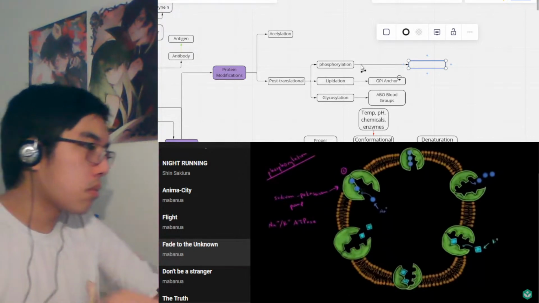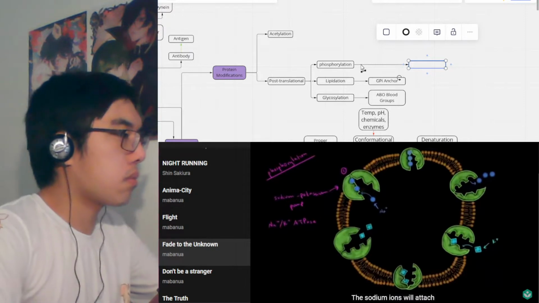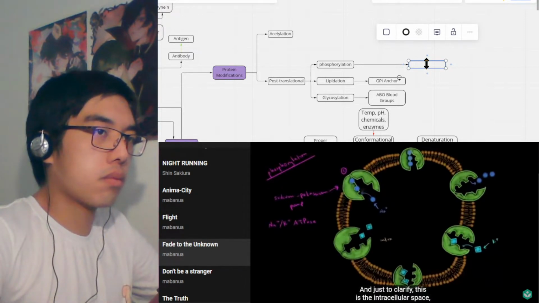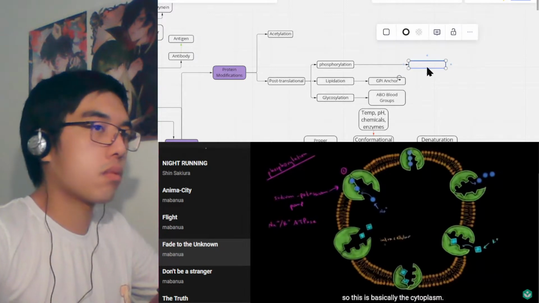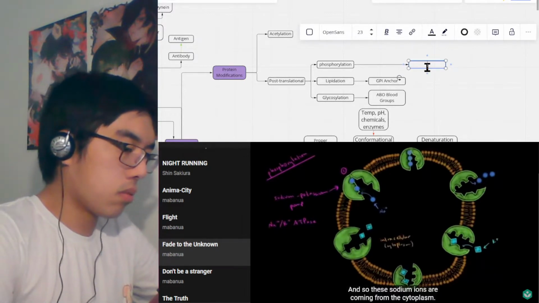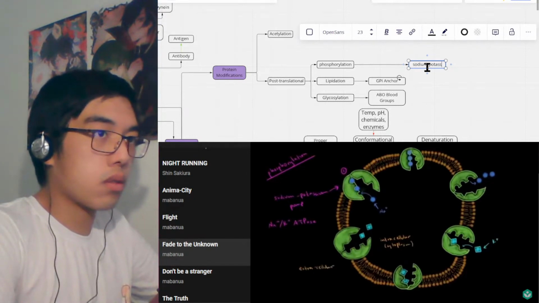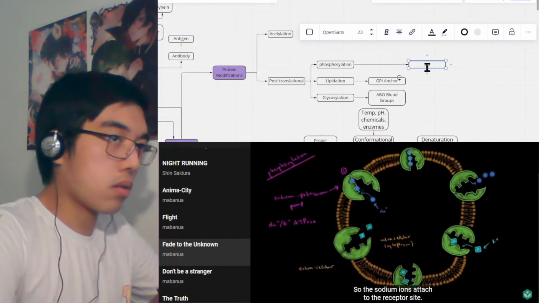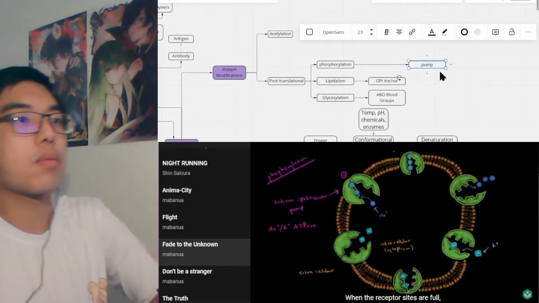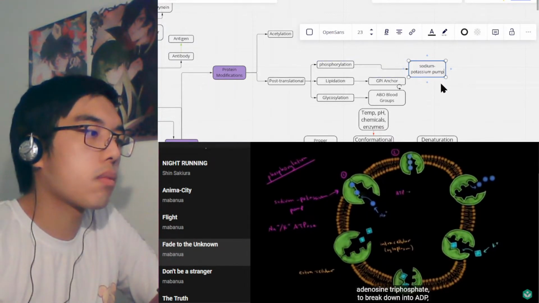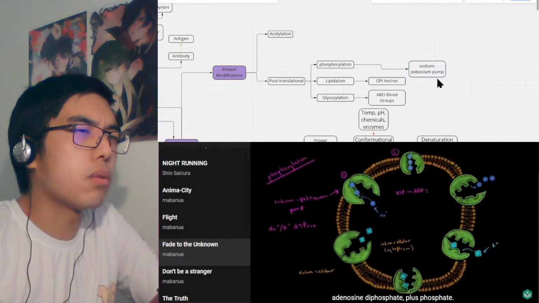Back to the first step. The sodium ions will attach to the receptor sites on the enzyme. Just to clarify, this is the intracellular space, basically the cytoplasm, so these sodium ions are coming from the cytoplasm, and out here is the extracellular space, the outside of the cell. So the sodium ions attach to the receptor sites, and when the receptor sites are full, it's going to cause an ATP molecule, adenosine triphosphate, to break down into ADP, adenosine diphosphate,